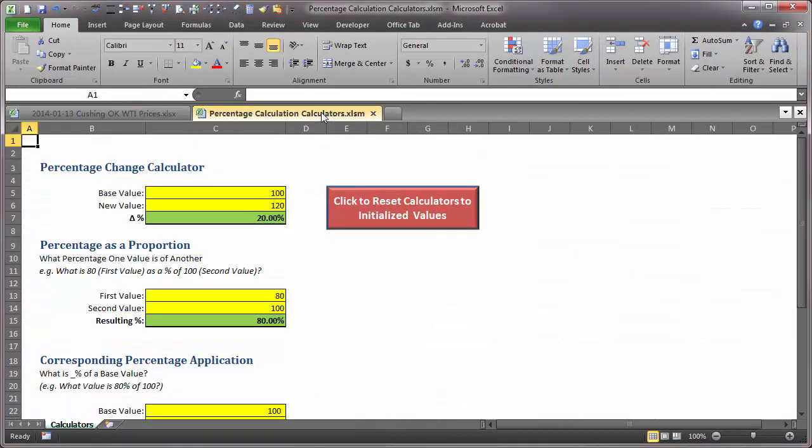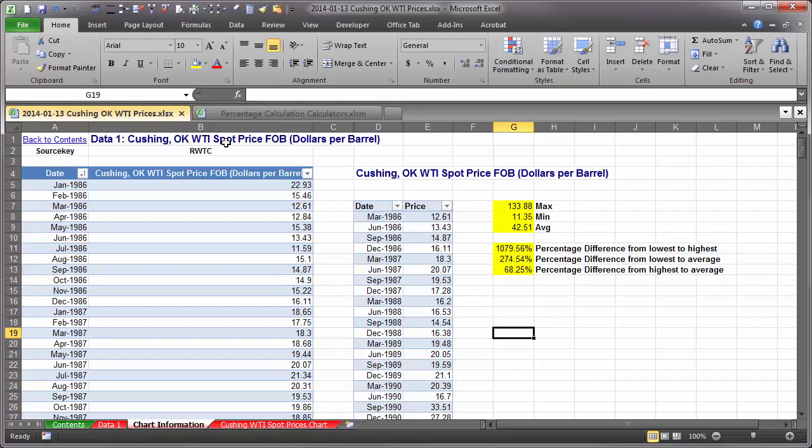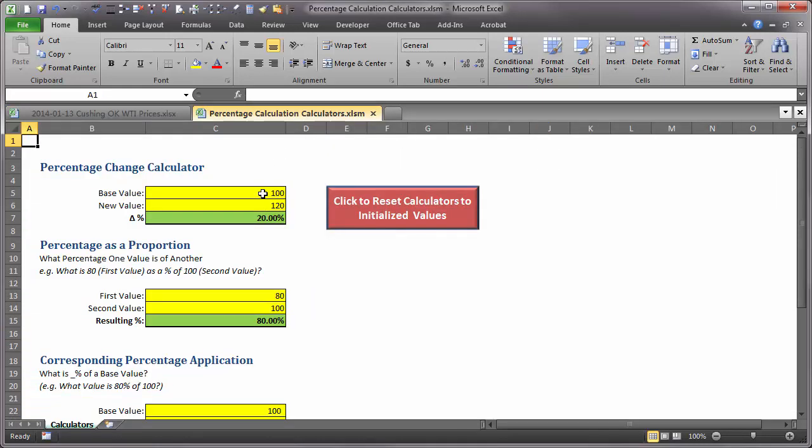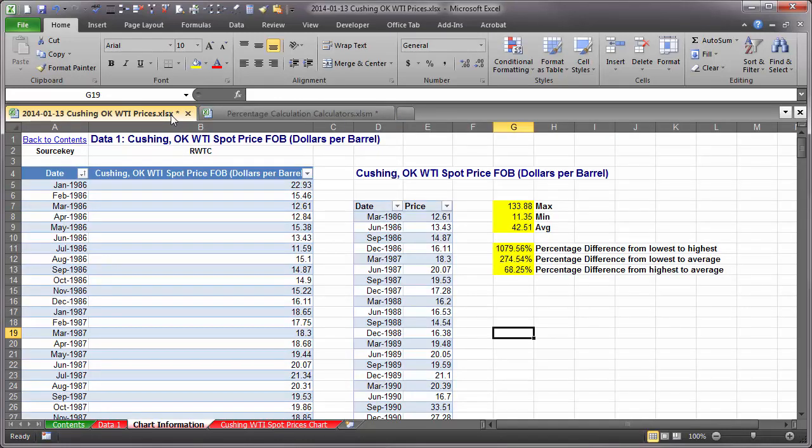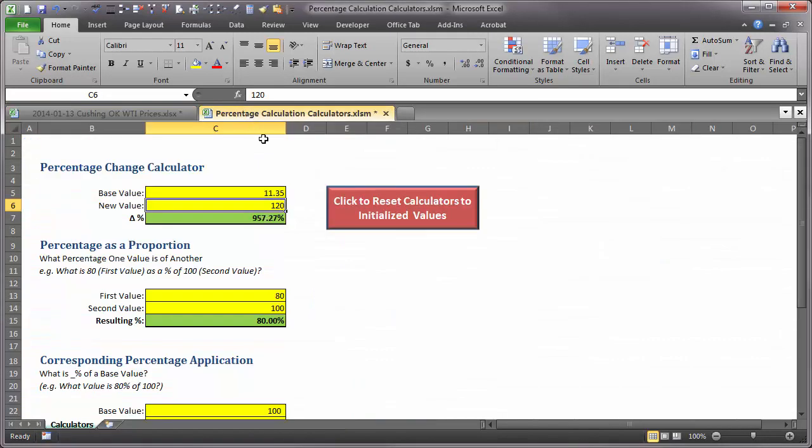I've got the calculator opened up here on the screen. I'm going to be using the percentage change calculator, base value, and new value. Our first assignment says for us to determine the percentage difference between the lowest and highest price. We've already identified our lowest price of $11.35 and our highest price of $133.88. So I'll come over here to the percentage change calculator, enter 11.35, and my high price was $133.88,